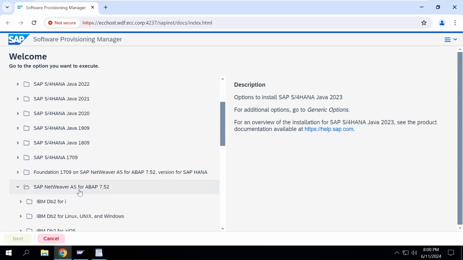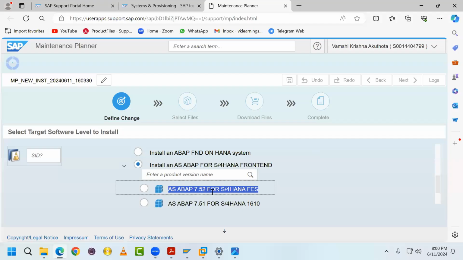For installing this software in the front-end server. Wherever this software is installed, that system is called the front-end server. For what purpose is that system used? That system they use